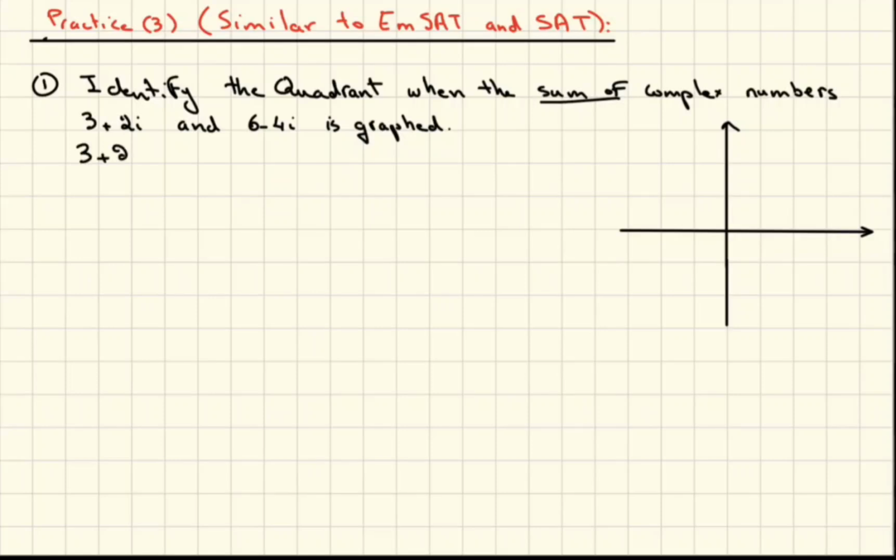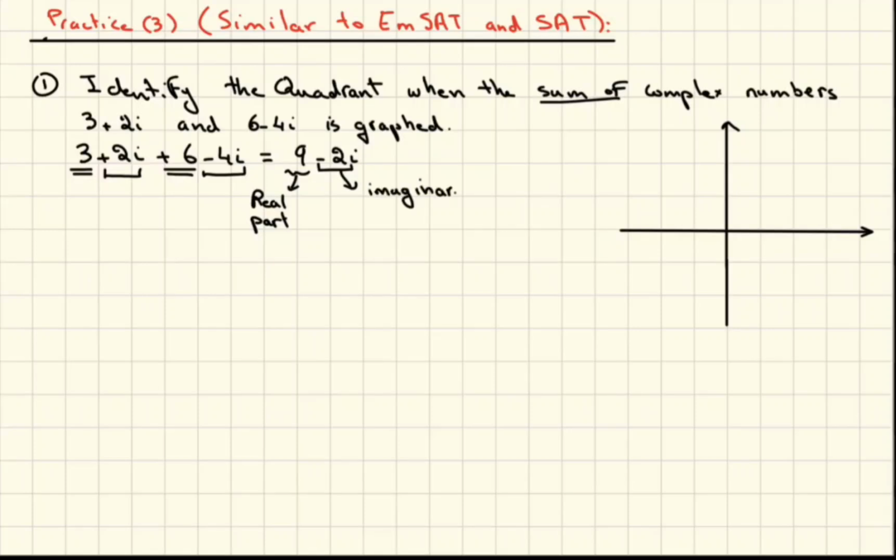So we need to do 3 plus 2i plus 6 minus 4i. We have to add the real part to the real part. When I say real part, it means the one that doesn't have i. We get 9. Then we do 2i minus 4i, it becomes minus 2i. So this is our real part, and the number multiplied by i, the negative 2, is